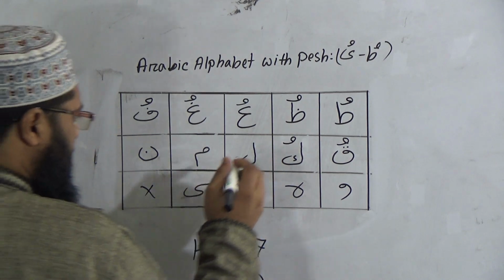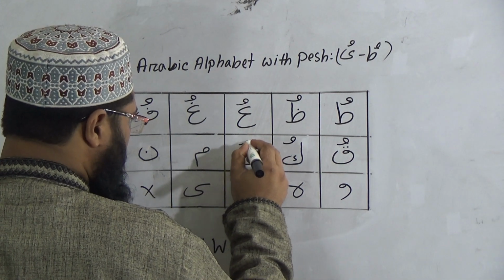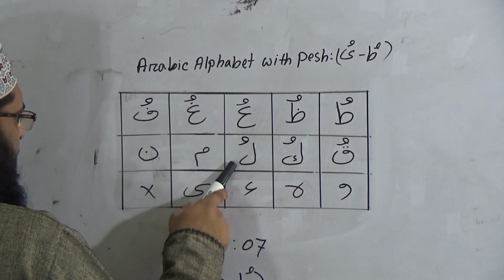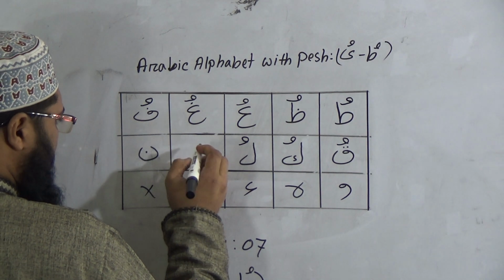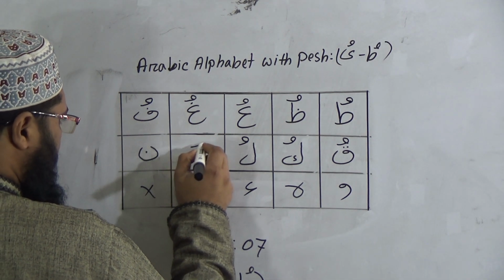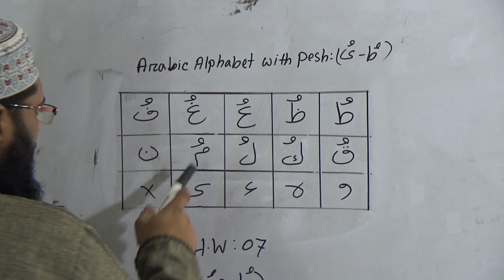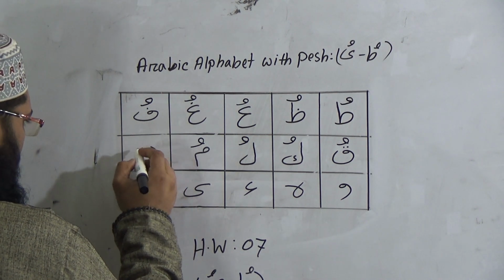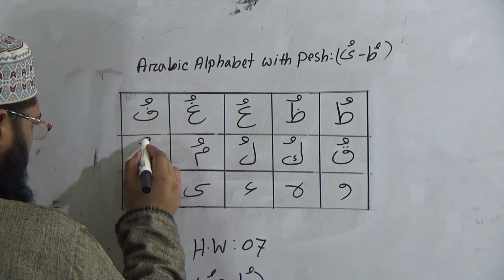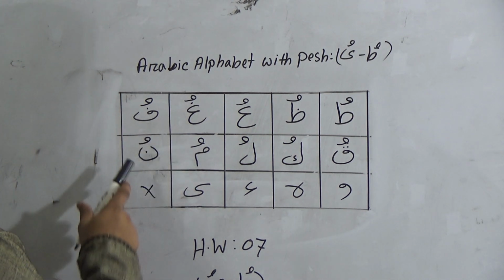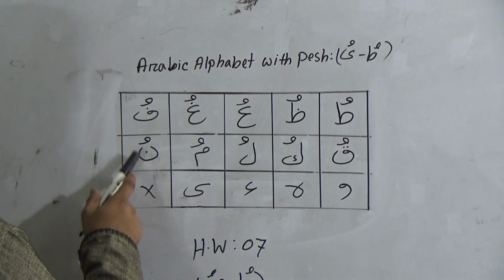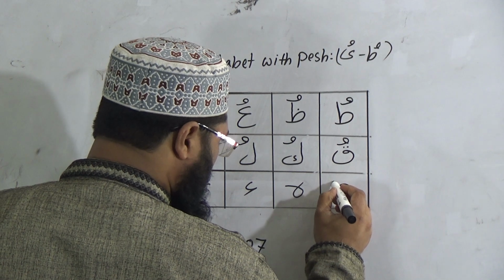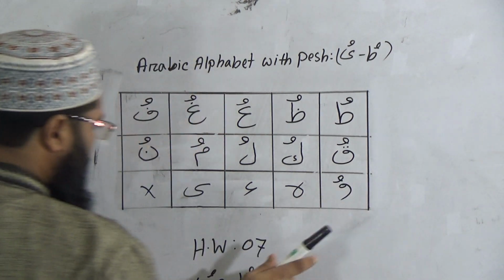Ku. And then this one is Lam. I'm giving Pesh over the Lam, and you have to pronounce this one Lam Pesh Lu. Then this one is Mim, and I'm giving Pesh over the Mim, and you have to pronounce this one Mim Pesh Mu. Then you know that this one is Noon. I'm giving Pesh over the Noon, and you have to pronounce this one Noon Pesh Nu. And this one is Wow. I'm giving Pesh over the Wow, and you have to pronounce now this one Wow Pesh